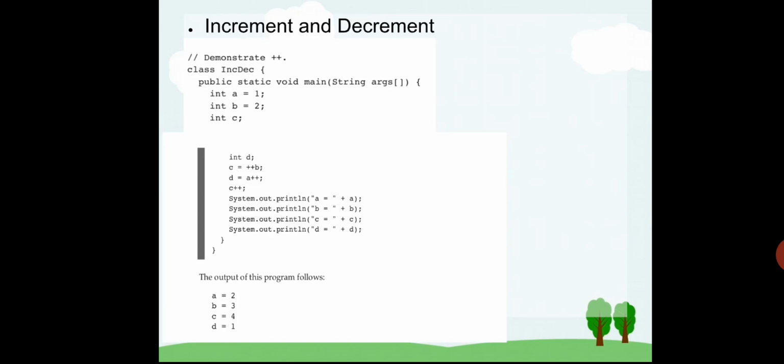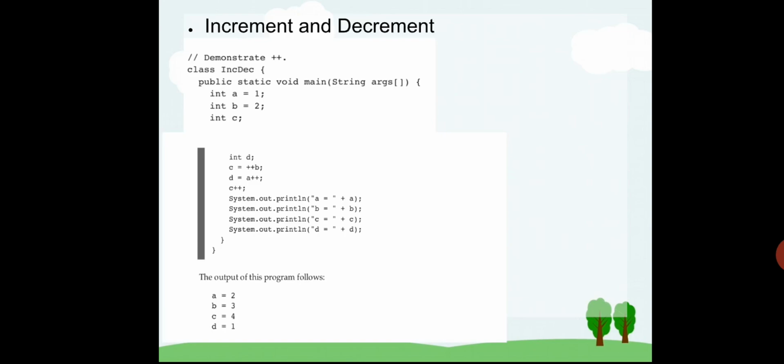Fine. So the output will be like this; they have given the output also. You can see the output. Say a is 2. Why is a 2? How is a 2 there? Can anyone guess why a equals 2? Because we initialized a with 1, isn't it? How did a become 2? Can you see a++ over there in the instruction? Can you see that in the third line? Obviously you are incrementing, isn't it? You have incremented the value of a and you assign it to d. That means automatically you are incrementing the value as well. So a becomes 2 there.